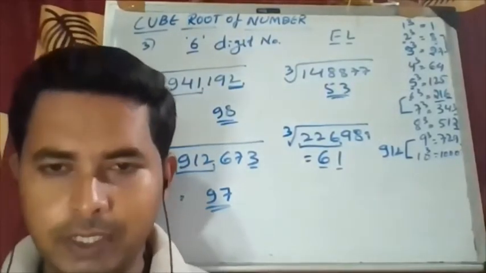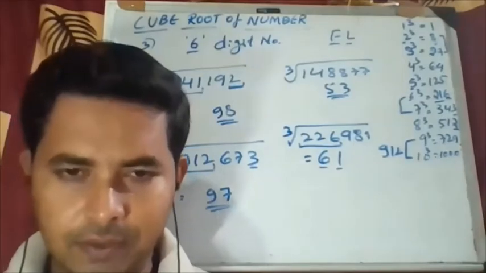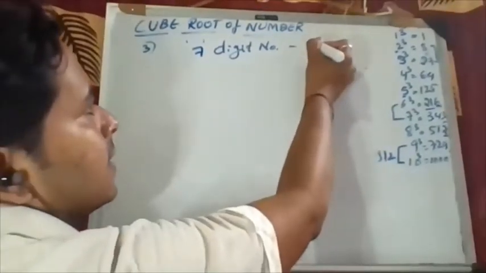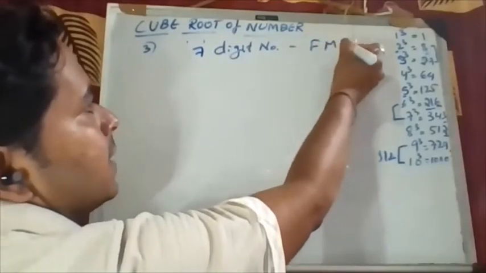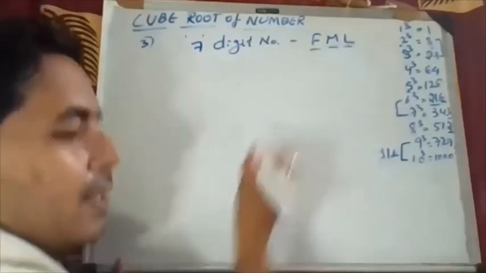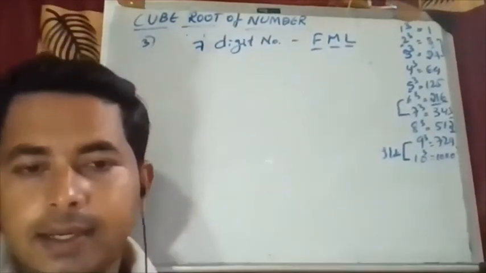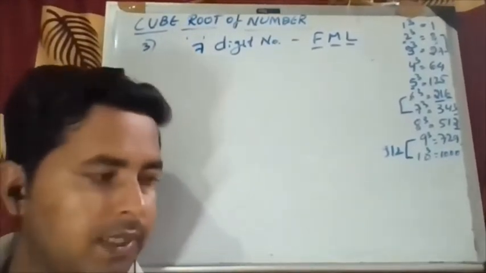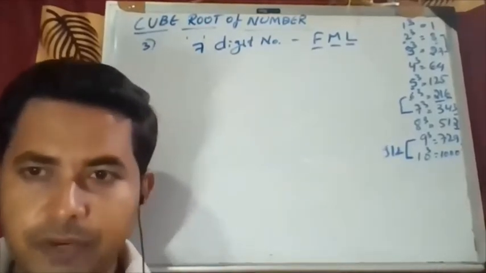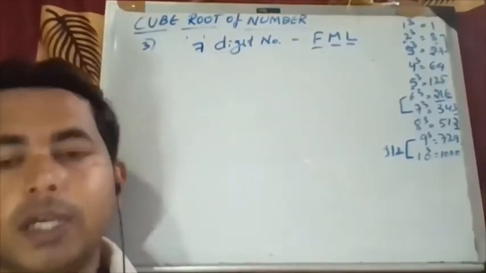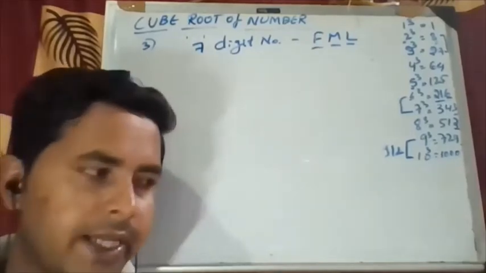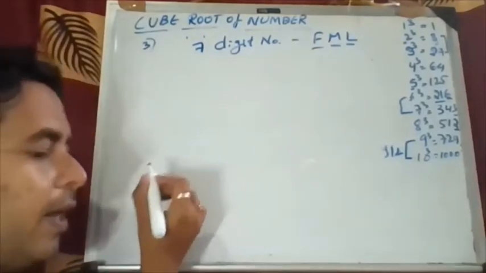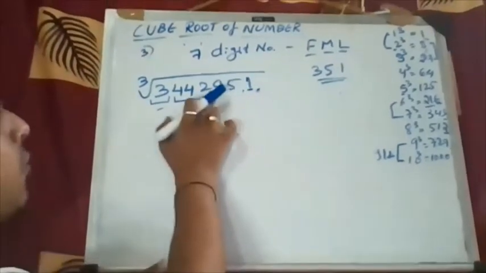Now we'll go to find the cube root of a 7-digit number. Okay, 7-digit number. So this answer will be the first digit, middle digit and last digit. So what does its answer come in? It comes in 3 digits. If you are finding the cube root of a 7-digit number, its answer will come in 3 digits. You have to keep that in mind. And what is the first step? If I take it here, what is the given number now?